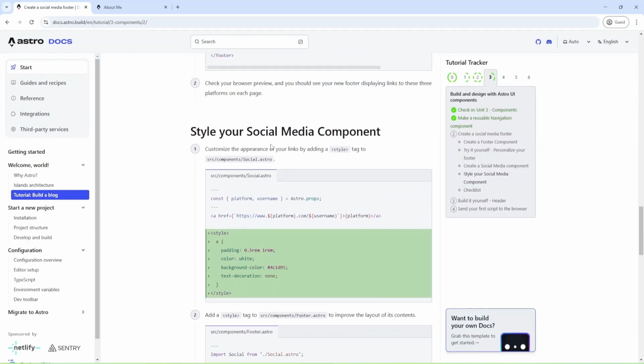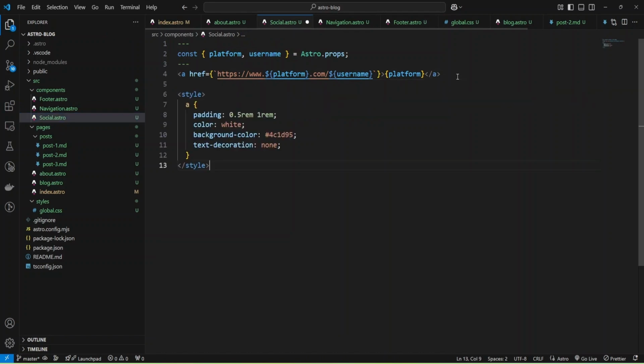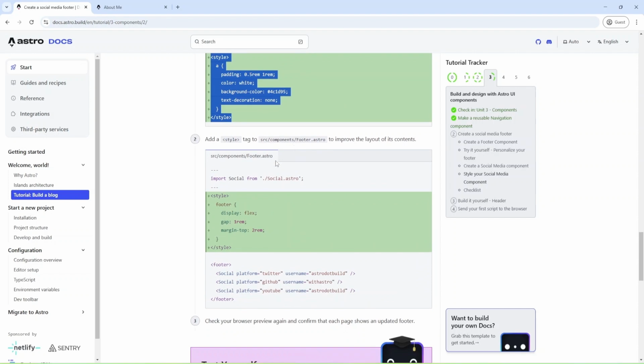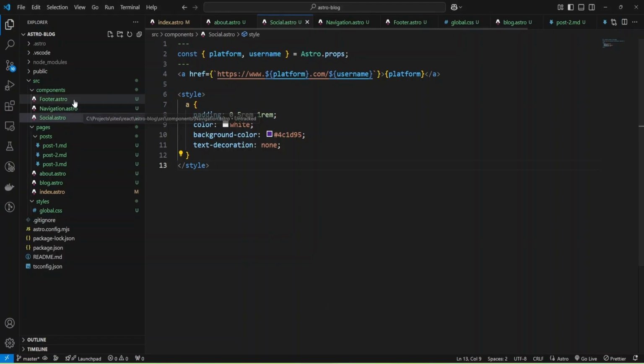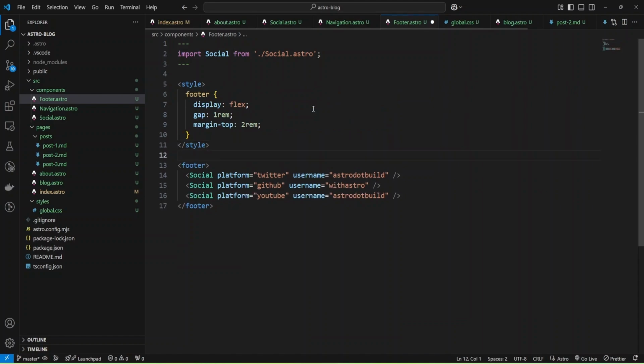Okay, and now we can add styles to our social and add styles to our footer component. Okay, let me check. They added styles here.